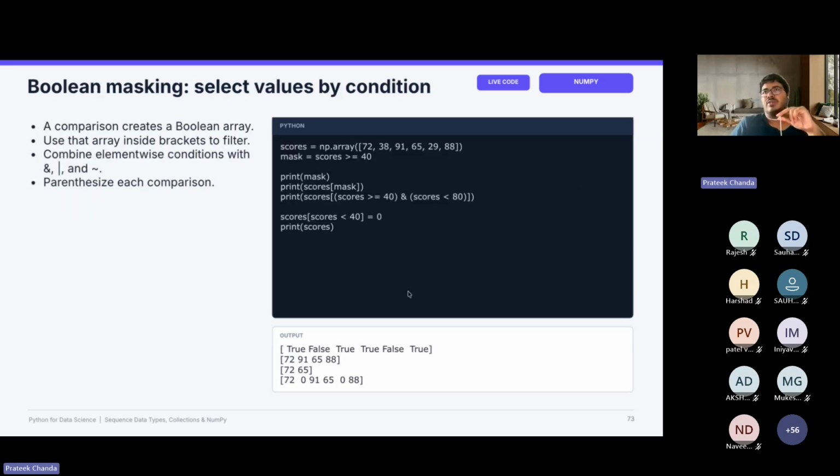Now the third thing is called Boolean masking. Again, this is very similar to list settings, which we had used. I'm going through this at a high level. Given this array, you can create conditions for it. Let's say I want to only retrieve elements in the array that are greater than some threshold. I can write it like scores, and then within the index, I can add the conditions for which my items in the array are greater than or equal to some threshold, or less than or equal to some threshold, and I can retrieve those elements only.